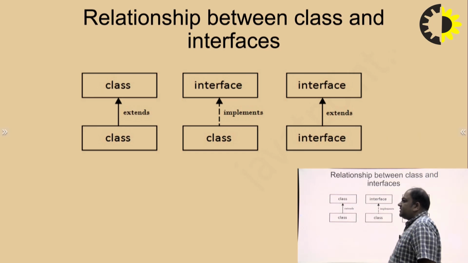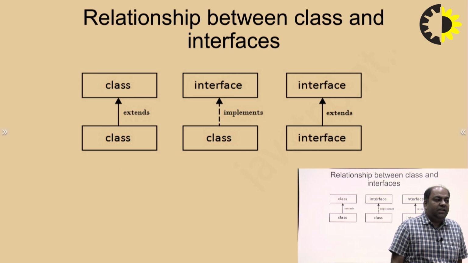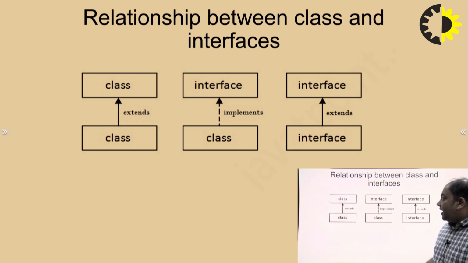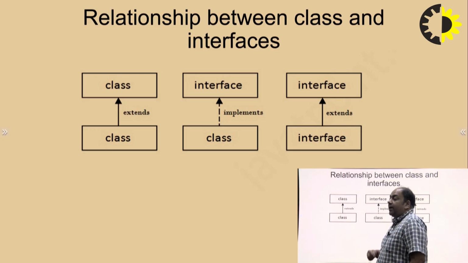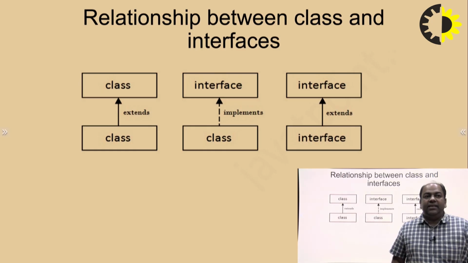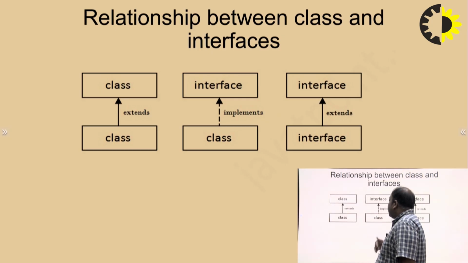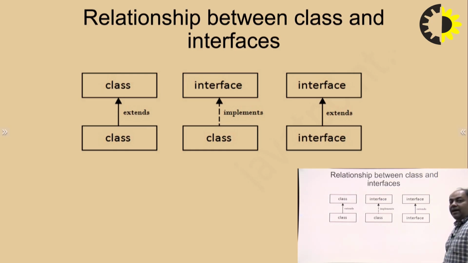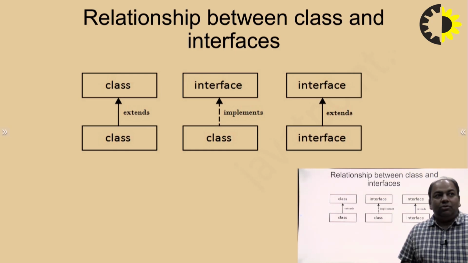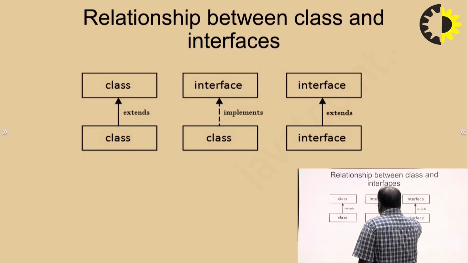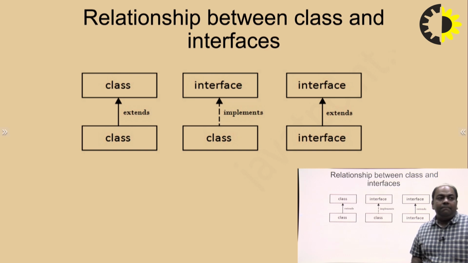A class implements an interface, as we see if I talk about the example of multiple inheritance. A class implements an interface, but interfaces extend themselves. Interfaces do not implement themselves. So class extends class, class implements interface, and interface extends interface. So this is the relation between the class and interface, meaning with the help of the interface, we implement the methods of a class.